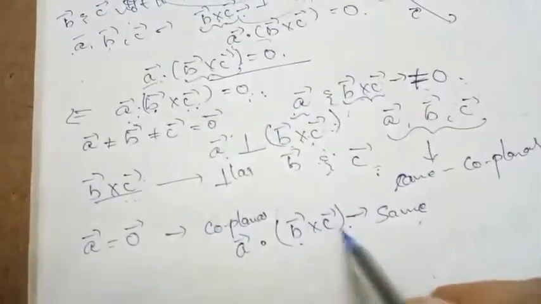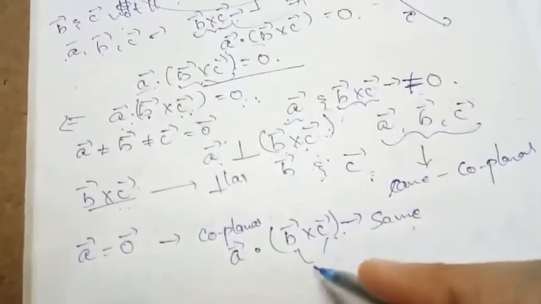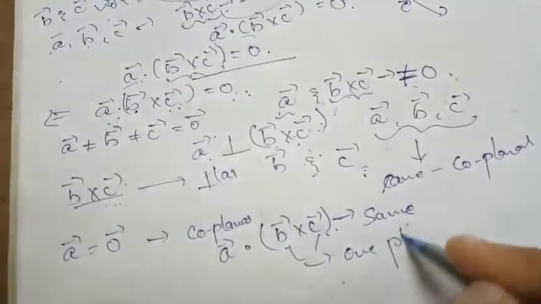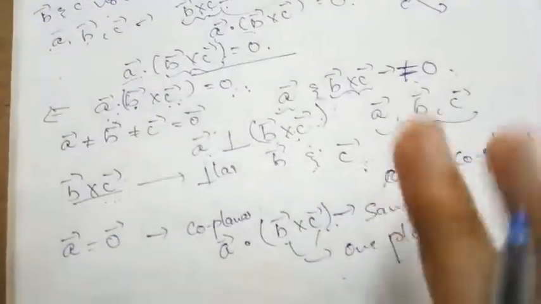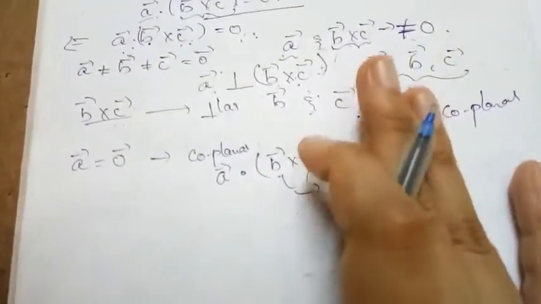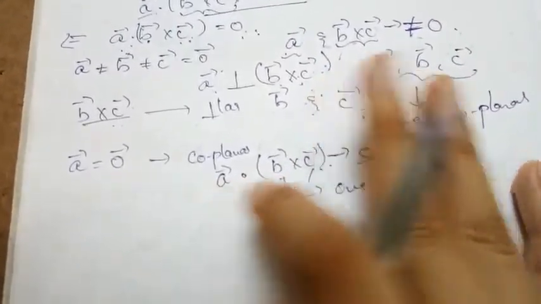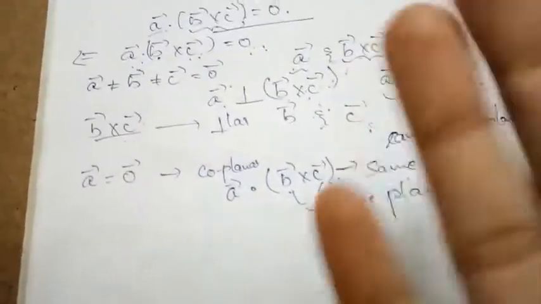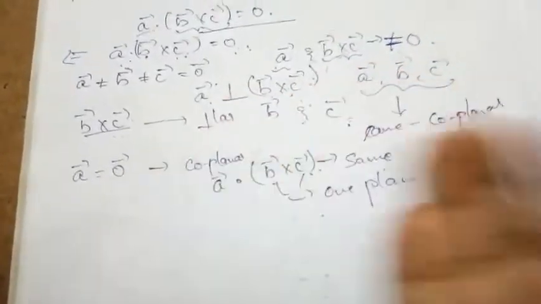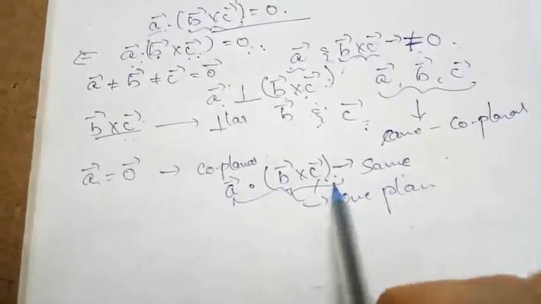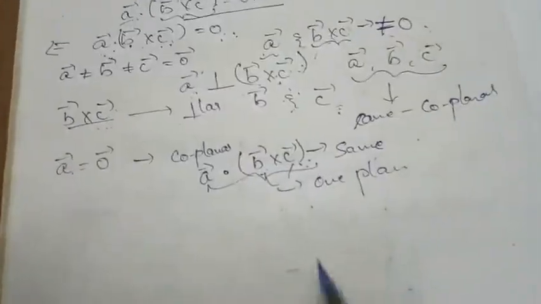Because if we consider any two vectors, the first thing is that any two vectors are going to lie in one plane itself. So these two vectors are lying in the plane called book. If that plane's two vectors are dot producted with the 0 vector, then it is lying in only one plane, that is the same plane itself. So if one vector is 0, then it will be coplanar.